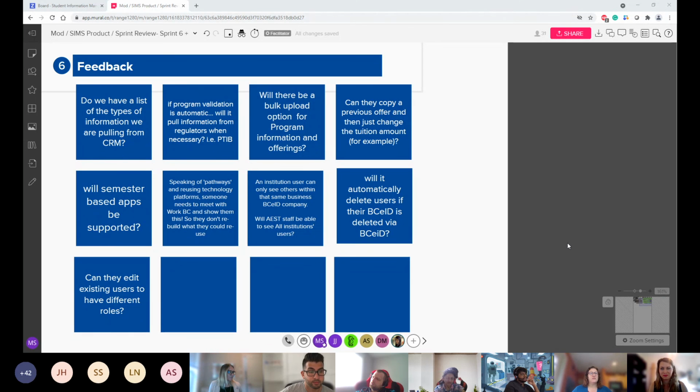So then next question, this is when Lynn was presenting the education program and the idea that institutions will enter education program information. And then as much as possible, the system will have a series of automated validations. And so the question is, will we have automated validation if we have to pull information from the regulators? So at this point, I don't anticipate it. We are not building an integration with PTIB, so there won't be any